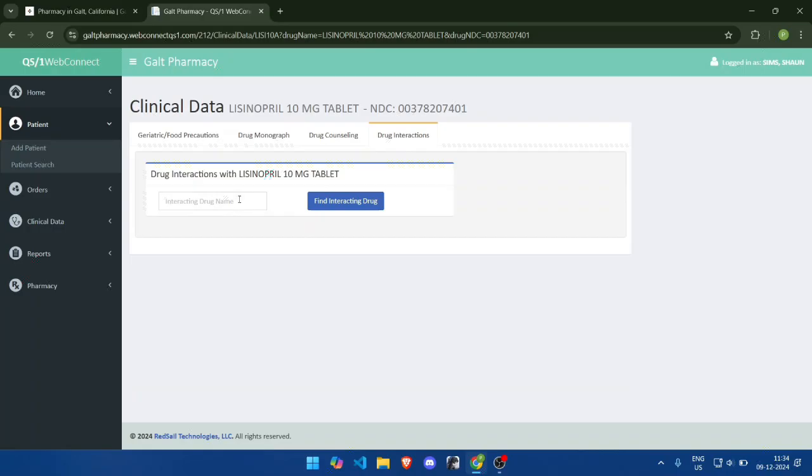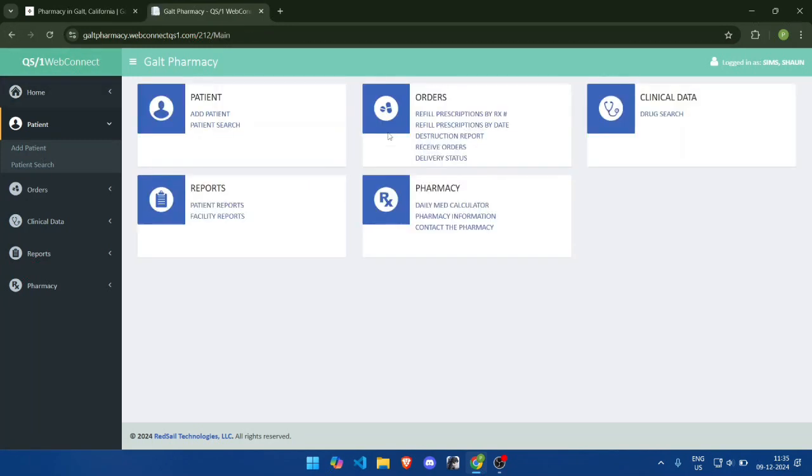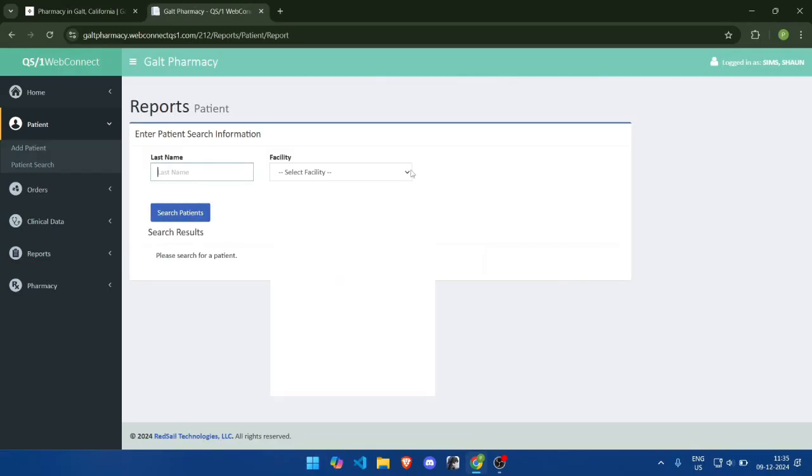Drug interactions, here you could type in a medication and then you would click find interacting drug. If there was an interaction, it would then tell you the interaction below. Reports. So in the reports, we have patient reports and facility reports. So if we go to patient reports, you could then select your facility, your patient's name, search for patient,